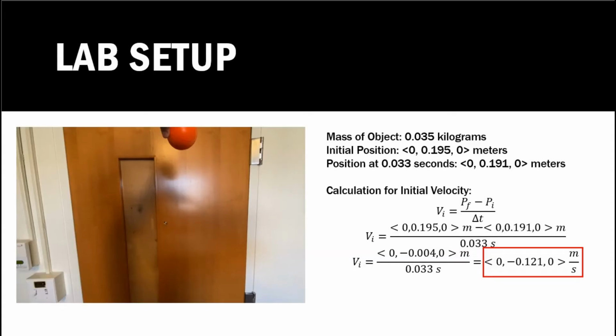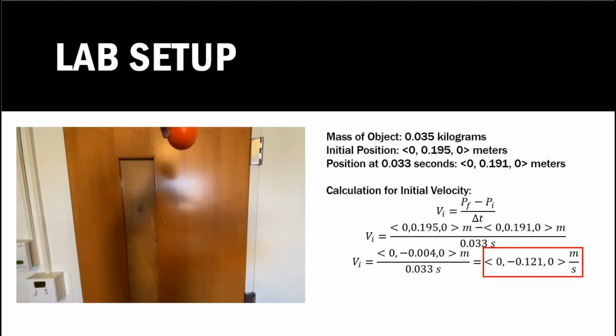In this lab, I analyzed the motion of a falling object. The parameters set in this experiment include an object being at rest and then being dropped straight down, so there is no change in the position in the x or z direction. The object of choice was an orange stress ball with a mass of approximately 0.035 kilograms and a diameter of 0.07 meters. The ball was dropped at an initial position of